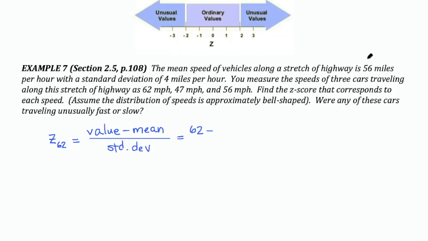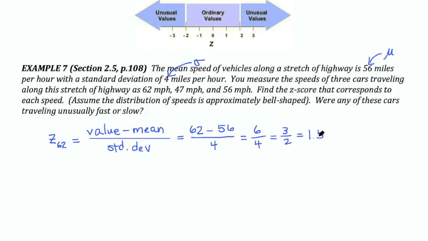The mean is this one right here, 56 miles per hour. And my standard deviation was here. So that's 4 miles per hour. 62 take away 56 is 6 over 4, which gives me a z-score of 3 over 2, which is the